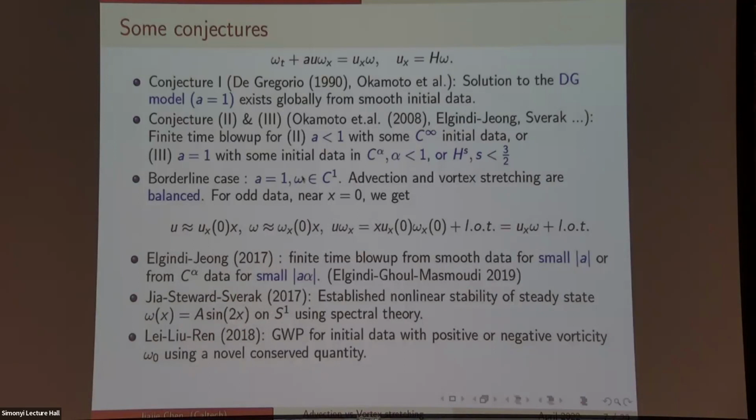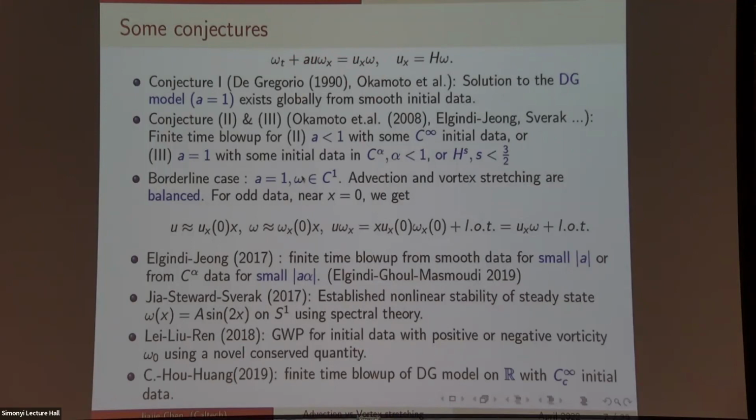And later, Lushnikov and others established that the De Gregorio model is global for initial data with positive or negative vorticity. The specialty of this class of data is that the vortex stretching term is harmless, in the sense that if we remove this advection term and only focus on the effect of the vortex stretching term, the resulting model is global for this class of data. So this part does not generate fast growth of the solution.